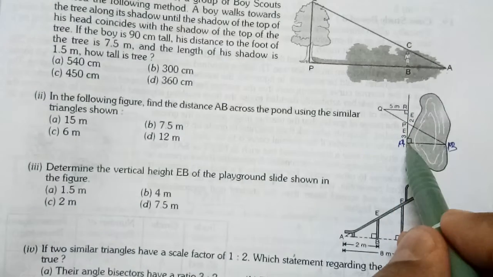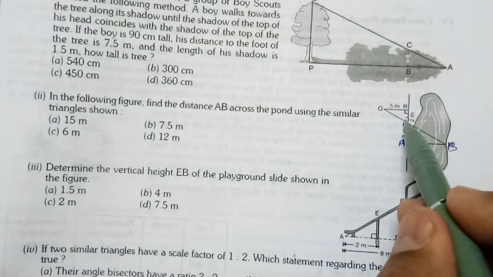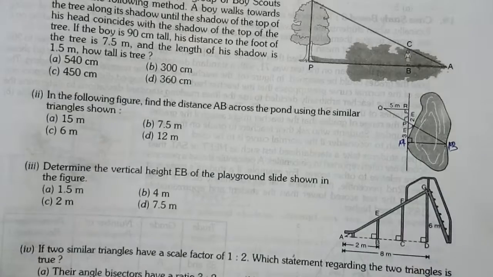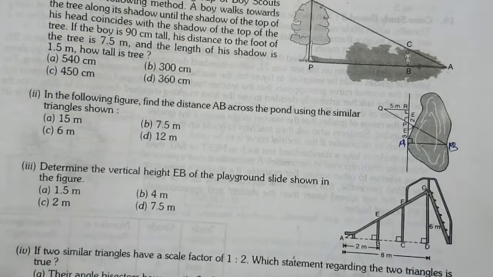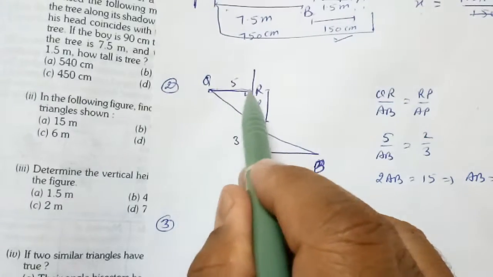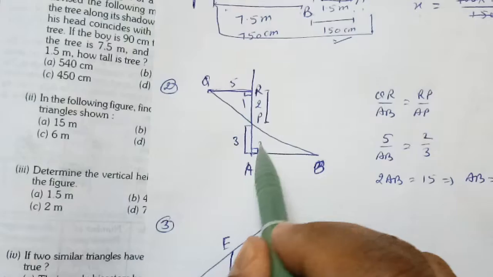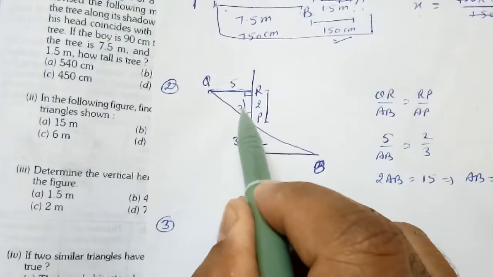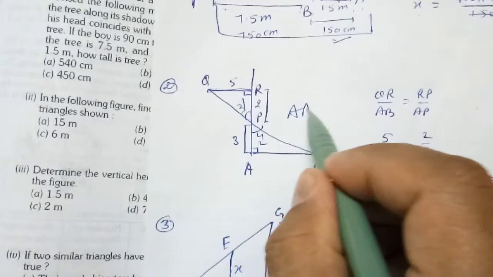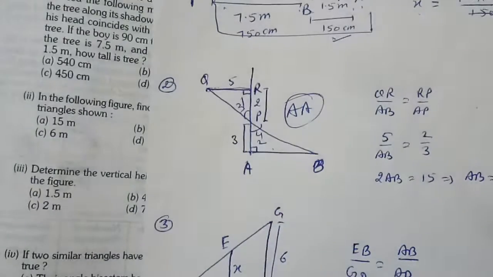Angle R and angle A are 90 degrees, and we can use two ways. Here these two angles are vertically opposite angles, so these two triangles will be similar. In this figure I will show you here. QR and AB are perpendicular, so angle 1 and angle 2 are equal. Angle 3 and angle 4 are vertically opposite angles. So by angle similarity criteria, both triangles are similar.